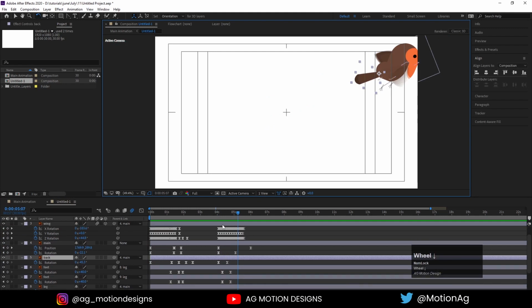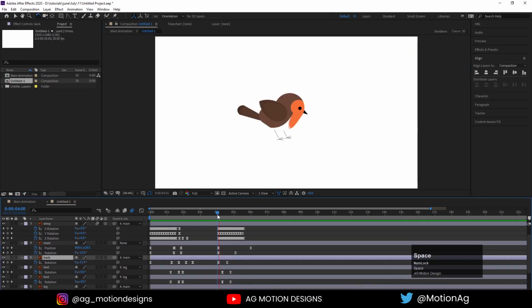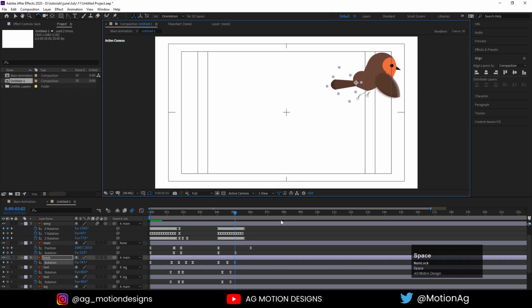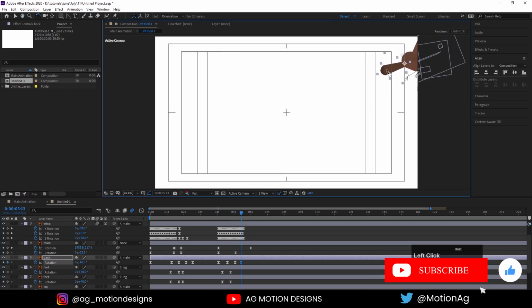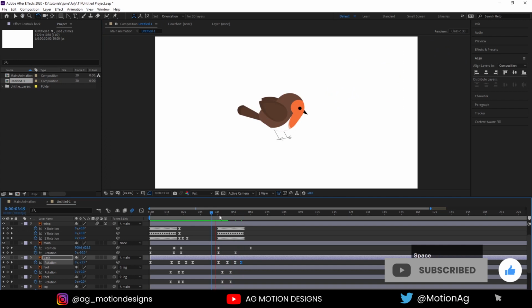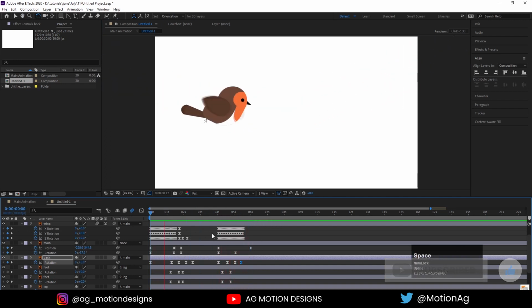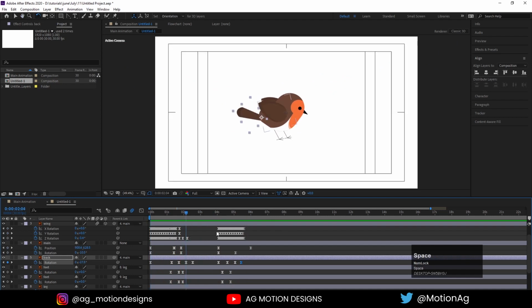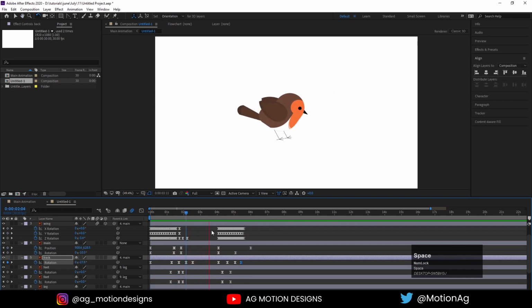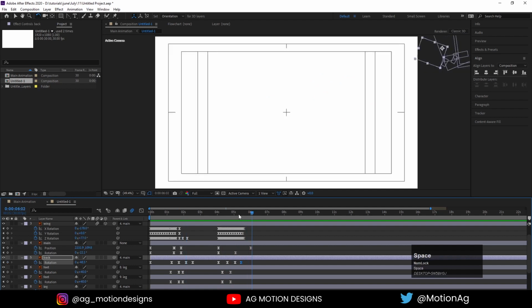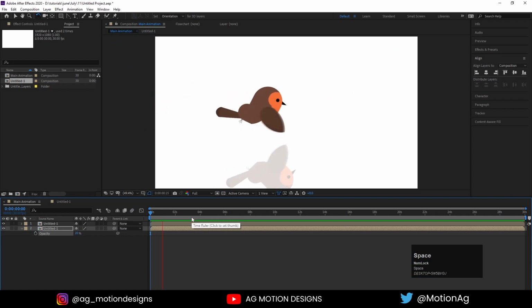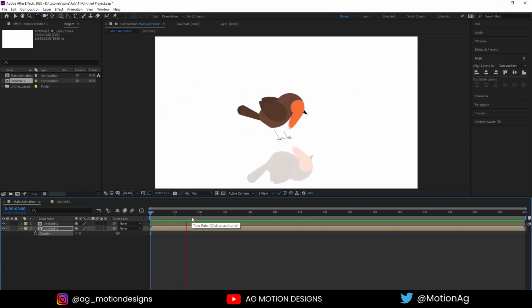Select this back. After this, you again move it a little bit upward and then downward, so it will create a secondary motion. If we see our main animation, it will look something like this.